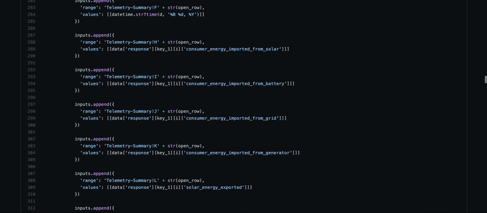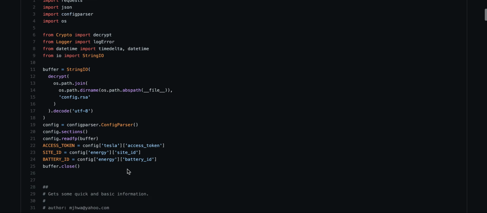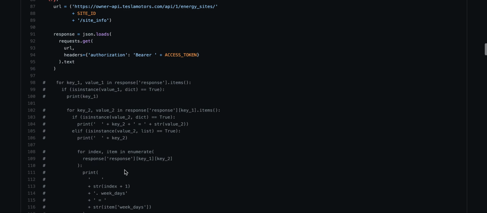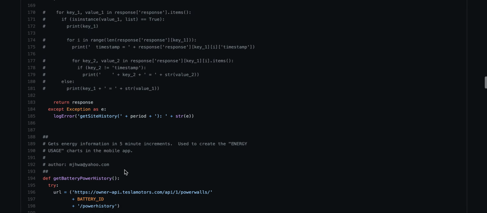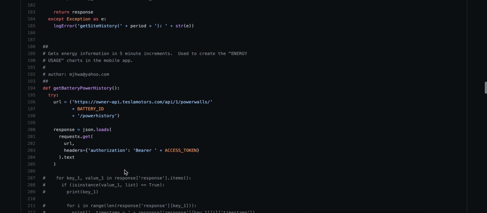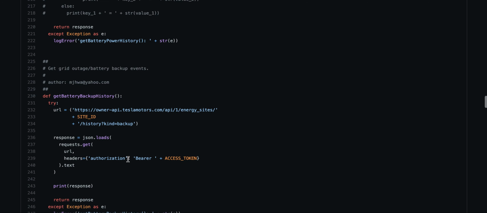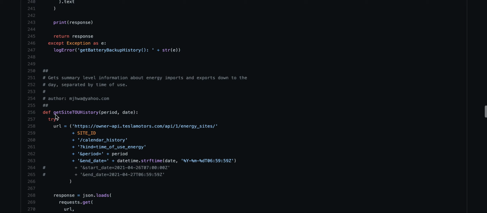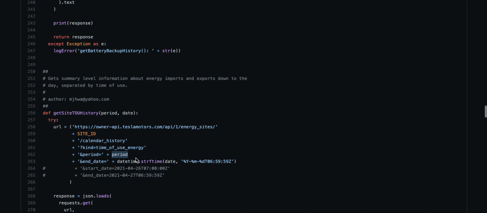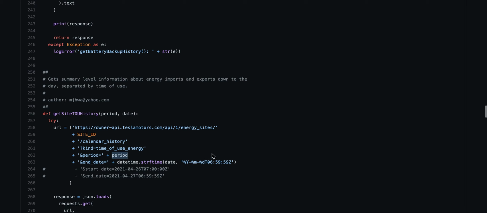And the base function here in the API I'll show you is actually the endpoint's called calendar history, which you can use to get the entire day's worth of data. But you add one little attribute and it'll break it down, right? So in this endpoint called calendar history, you can say kind equals time of use energy, and then you give it the period, which is generally day, and then I give it the previous day's